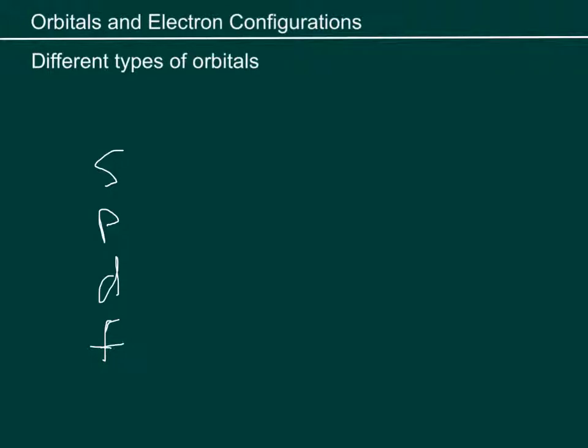Okay, and so for the s orbital, which there's just one, it's a sphere. Again, remember you can look at any of these, just do a search on Google Images or look in your book. A set of s orbitals is just one orbital. P orbitals, however, there are 3: one in the x, one in the y, one in the z direction. D, there are 5. F, there are 7,